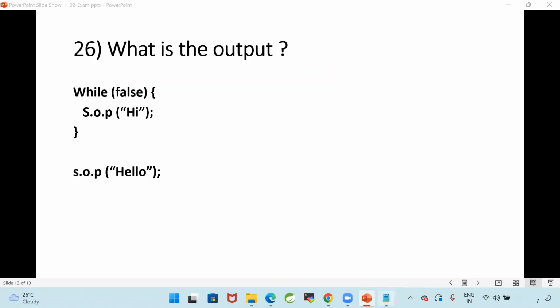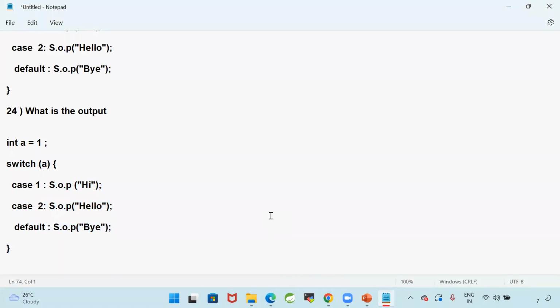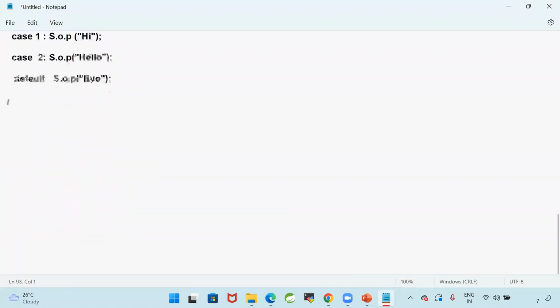So with this, we understood our basic Java fundamental concepts: how to write the Java program, how to compile the Java program, how to execute it, what are the data types, variables, keywords, reserved words, identifiers. Then we discussed operators: arithmetic, relational, logical, ternary, assignment, new operator, dot operator, and we discussed control statements.